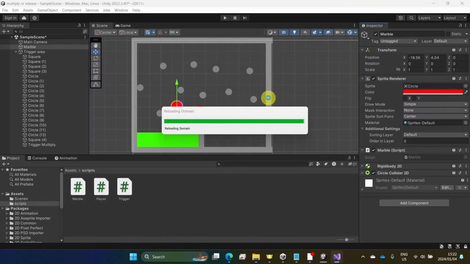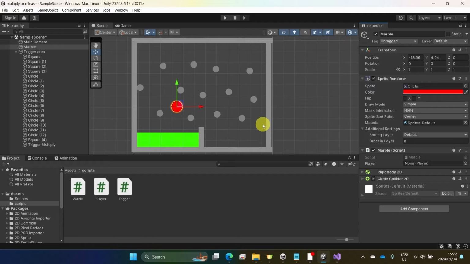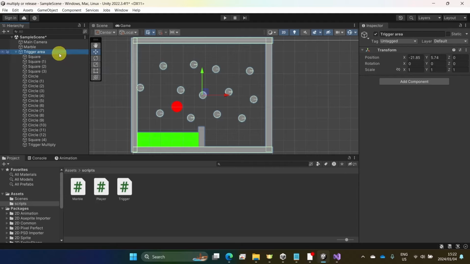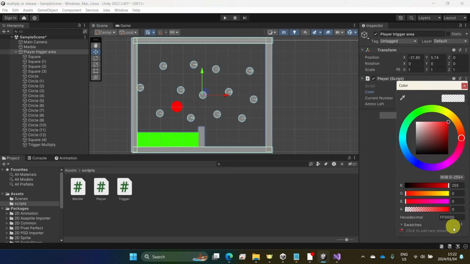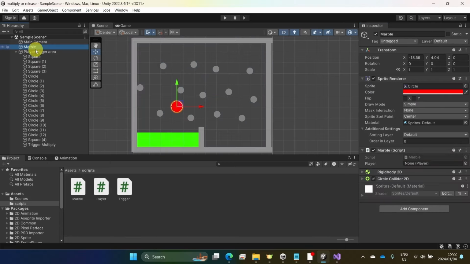So now we can see this in action. But first we need to add an instance of the player script to this. Let's actually call this player trigger area. So let's add player script. This will be our red player. And then we need to tell the marble that that is the player it's working for. So if we go to the marble and the player,